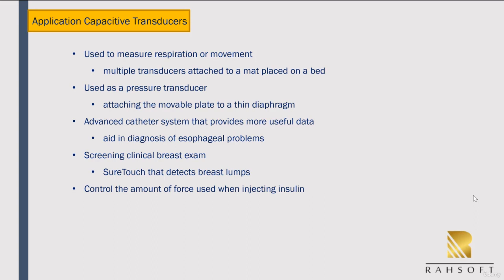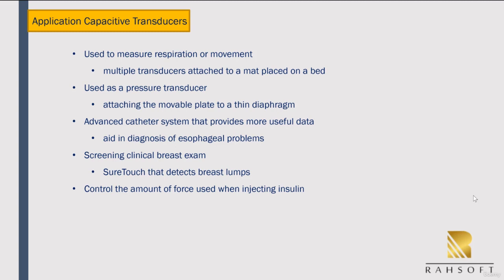Capacitive transducers have a wide variety of uses, including measuring respiration or movement by having multiple transducers attached to a mat placed on a bed, or as a pressure transducer by attaching the movable plate to a thin diaphragm. They can also be used as advanced catheter systems that provide more useful data, and can also aid in the